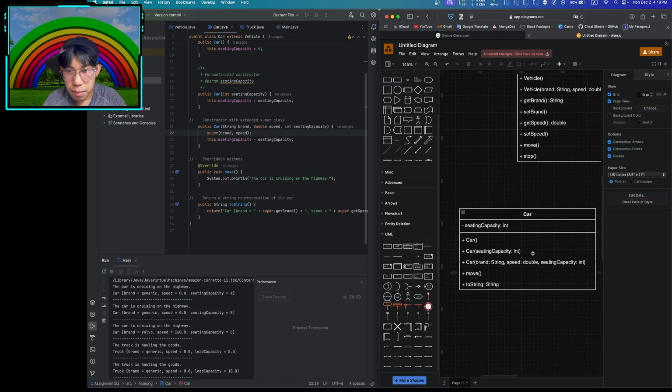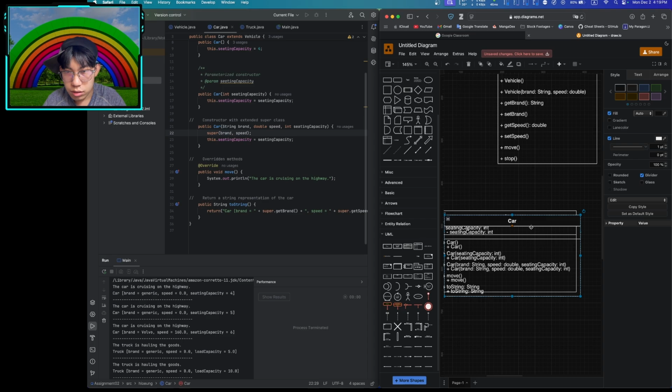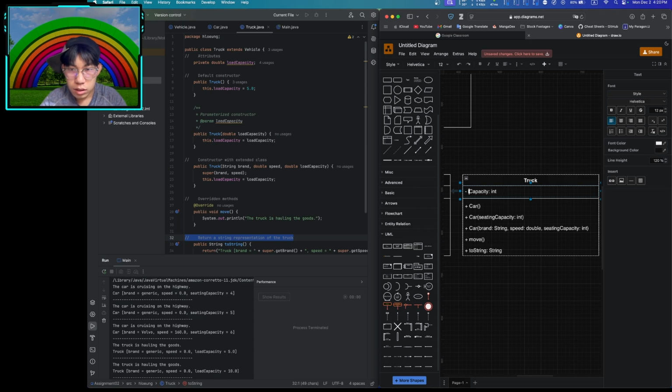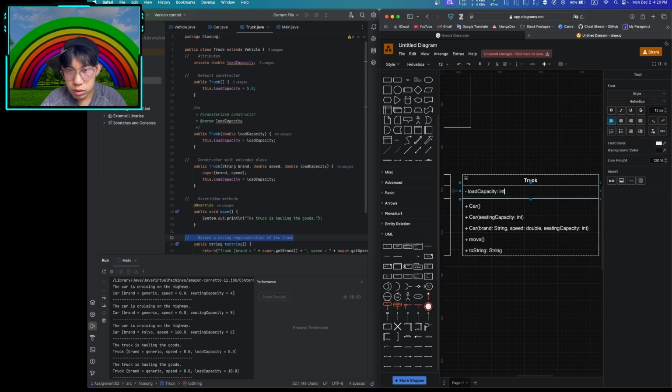Let's delete them. And you know what? Just for the sake, because I'm kind of a little lazy, I'm just gonna copy or duplicate this one. Change this to Truck, load capacity, and this is, oh no, hang on, double. This one we have Truck, and we have Truck with